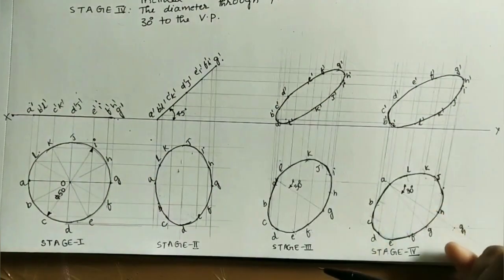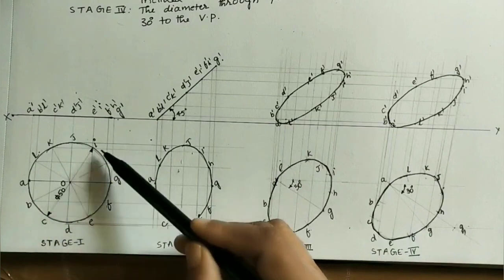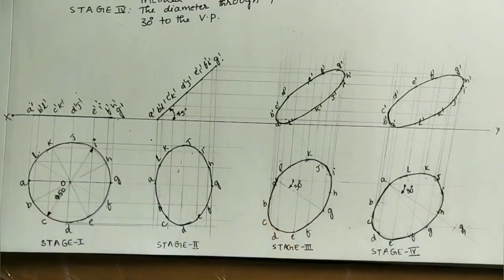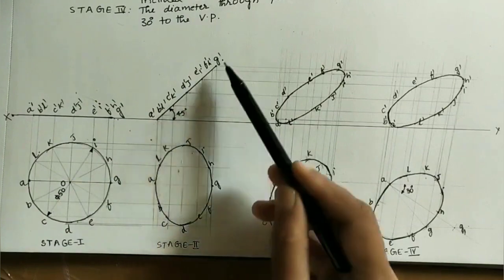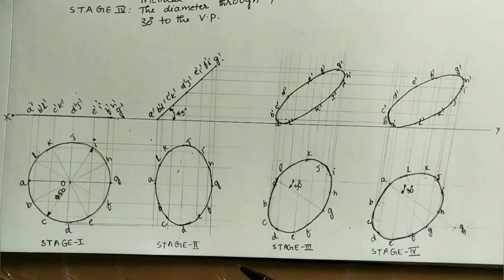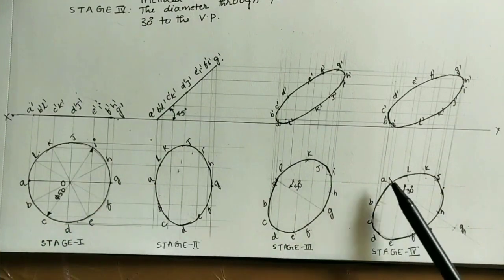In the sheet you do all the diagrams with pencil. Don't use pen. Here for getting a clear view I am using pen. And here mark the given dimension. Diameter of the circle is 50 mm. Take any one of the diameters, keep arrows, mark 50 here, and mark the given angles. Here the plane is making 45 degrees. Here the top view is making 30 degrees with VP. Here the original diameter is making 30 degrees with the VP.